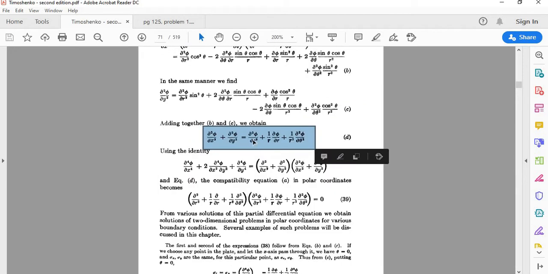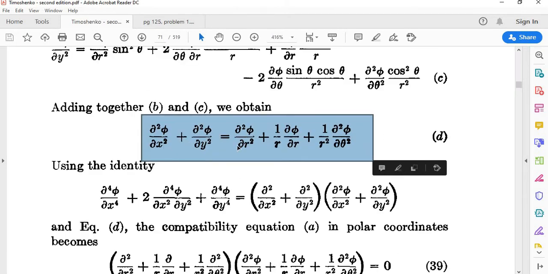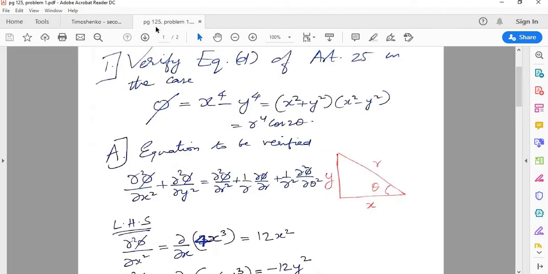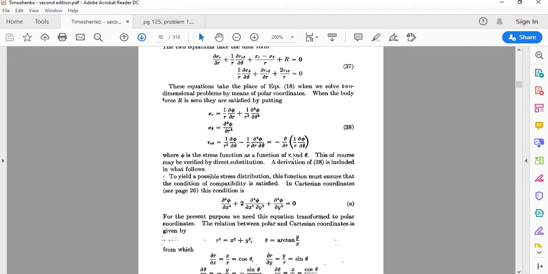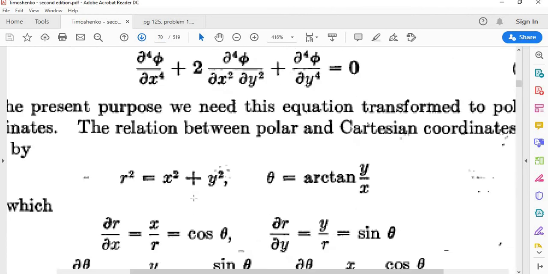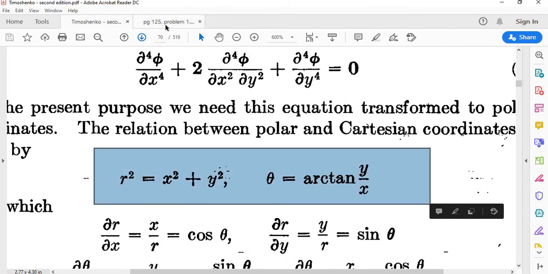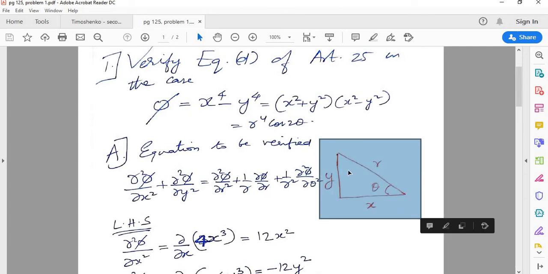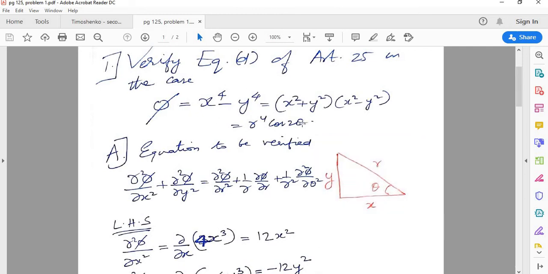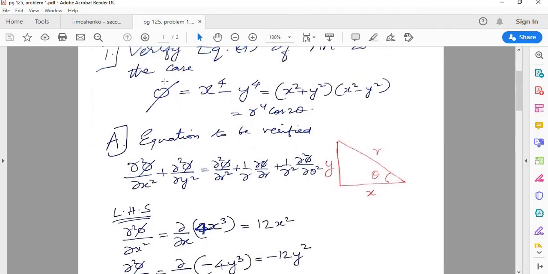Now in the derivation of this particular expression, we had also used a relationship between x, y and r, which we use here. It looks something like this. So x, y is the Cartesian coordinate and r, theta is in polar coordinates. The reason why I drew this figure is we also need this relationship in solving this problem. So let's try to solve this problem.